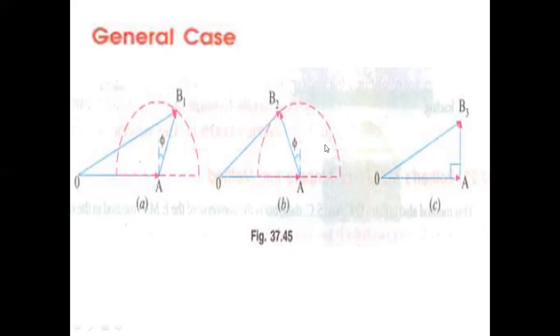And this is the leading power factor. The extra ampere turns are AB2. These are drawn at 90 minus phi. So this is for lagging, 90 plus phi angle, and this is 90 minus phi angle. You have to write AB2. And the third diagram is for unity. AB3 is drawn at right angles to the OA.